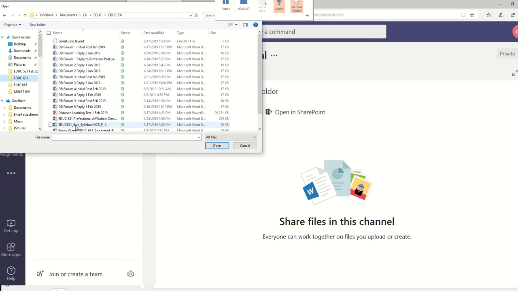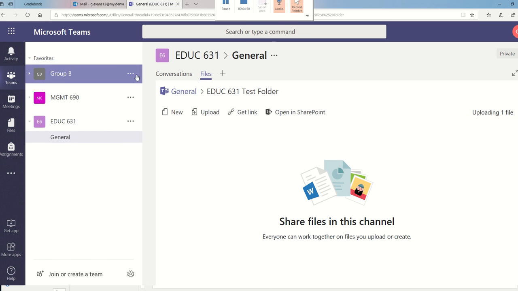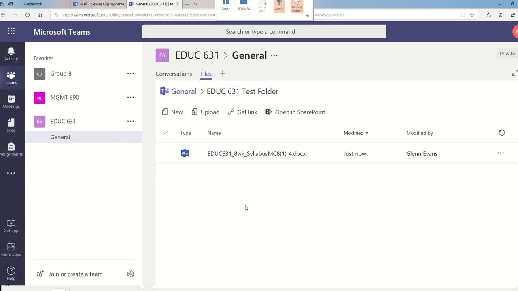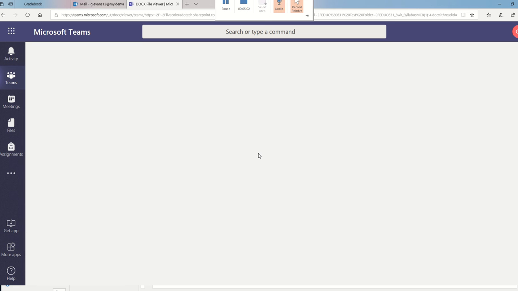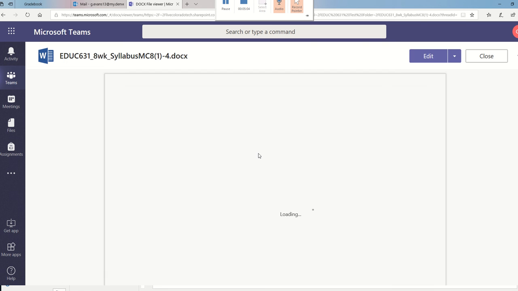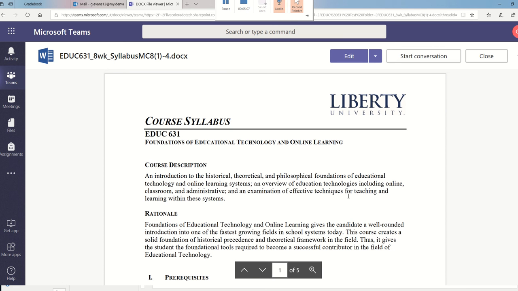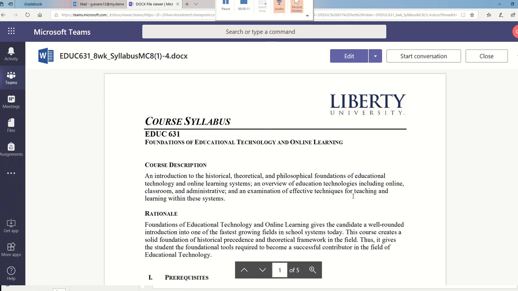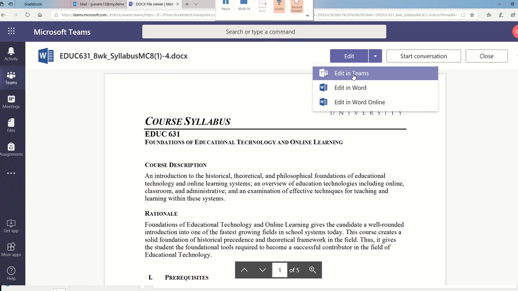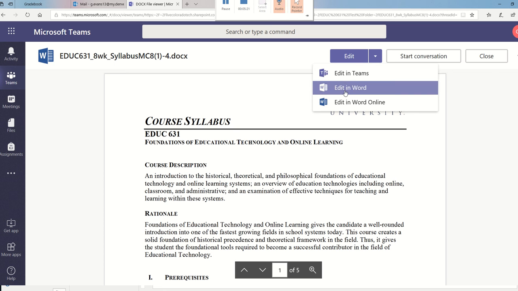For purposes of this demonstration, I'll upload the syllabus. You double click or click the Open button in File Manager. You now have a syllabus loaded to your team folder. Click on the syllabus link, which is a docx, opening this window. To make additions, corrections, or contributions, click on the Edit drop-down menu, and you'll have three choices: Edit in Teams, Edit in Word,